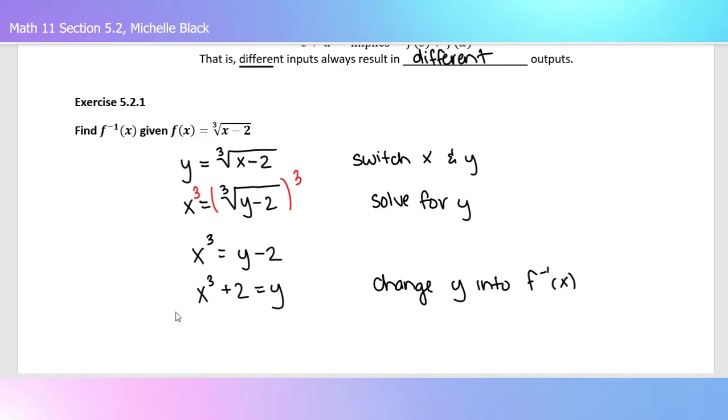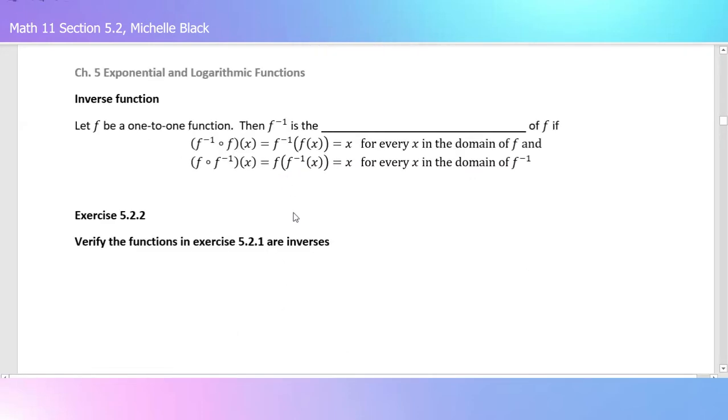And I'm going to rewrite the order just so that that comes first. So my inverse function is equal to x cubed plus 2. Inverse function. Let f be a one-to-one function. So the thing where if you put in a different input, you get back a different output. Then f inverse is the inverse function of f